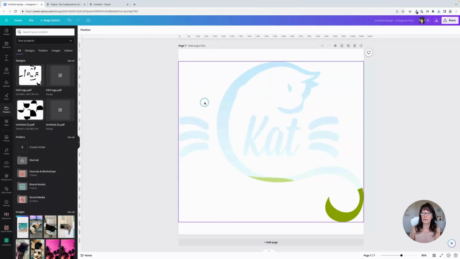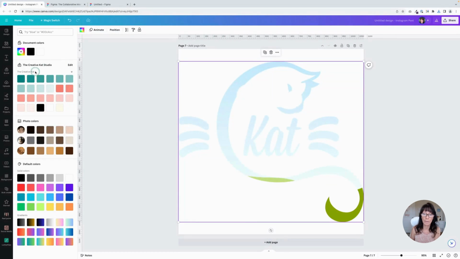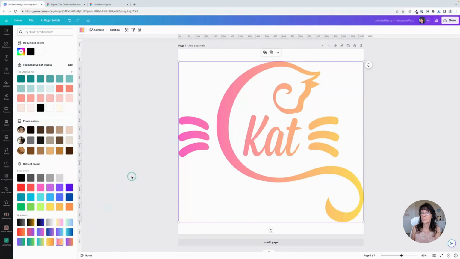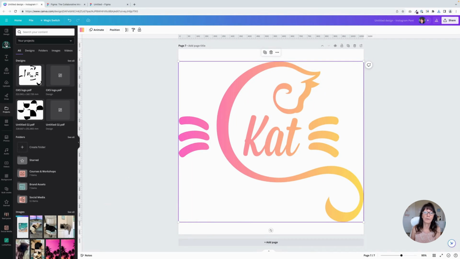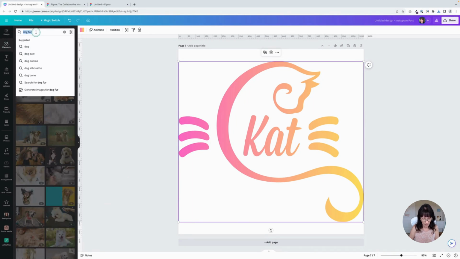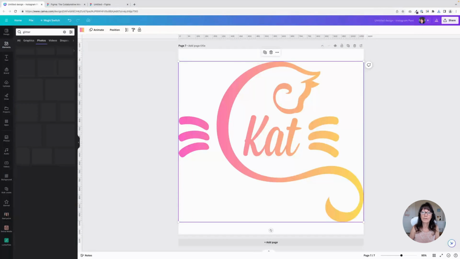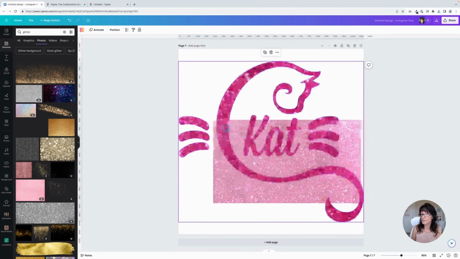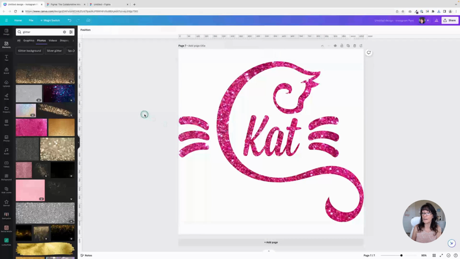And I can fill this. You can fill frames with a color. So if you don't want to use an image or a video, you can fill it with a color. So maybe I want to fill it with that color, or maybe I want to fill it with a gradient. You can do that as well. You can even fill it with something like, let's do something fun. Let's do glitter. And here, let's do pink glitter. And it fills it like that. So you can basically fill it with anything you want to once it's actually a frame that can be used